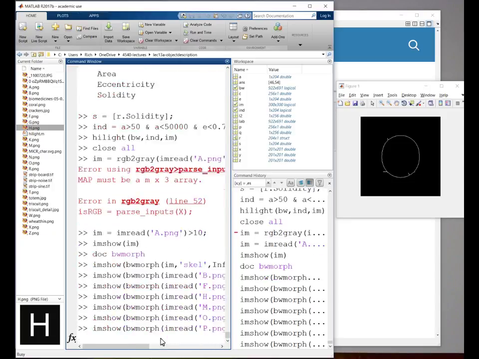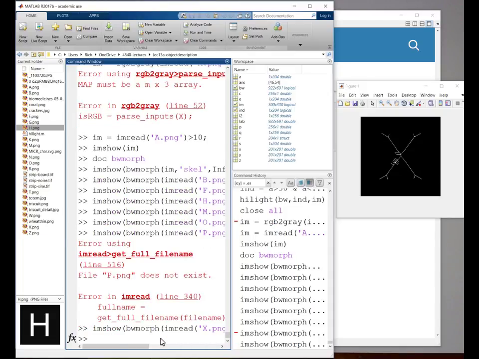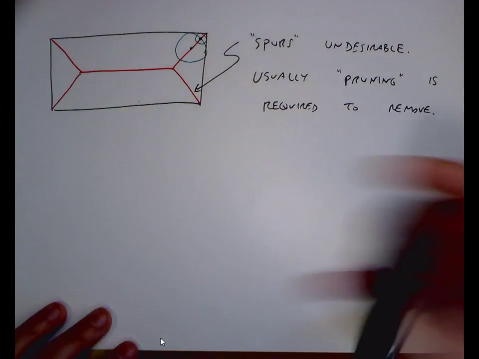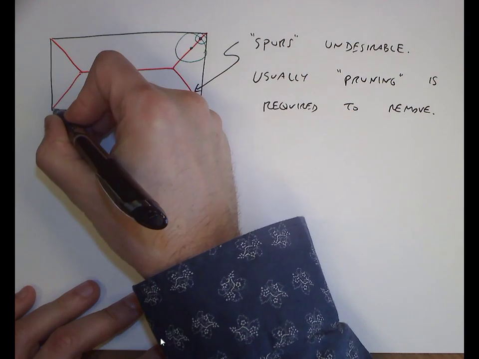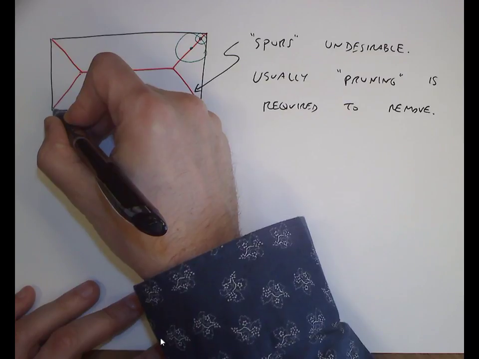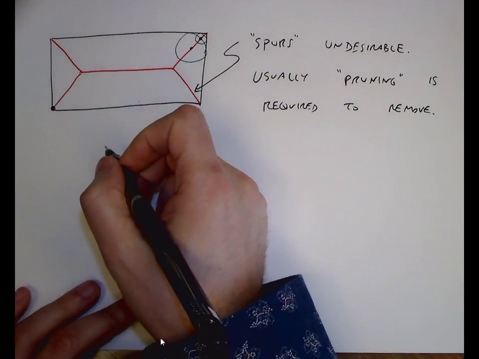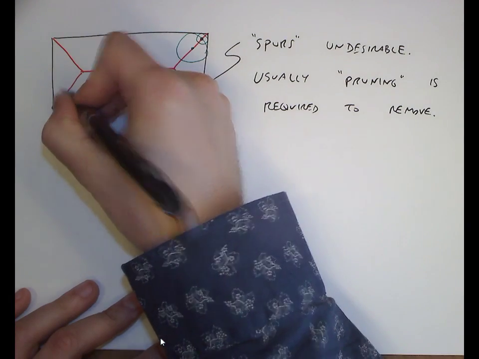I guess I have a P, like an X, right? But here you see that we have these weird spurs, right? And so how would you get rid of these spurs? Well, you can imagine, again, I'm not going to talk about it too much, but every one of these points you could think about as how many points are connected to it, right? So a point at the very end of this spur is only connected to one other point on the skeleton. A point over here is connected to two other points, and a point over here is connected